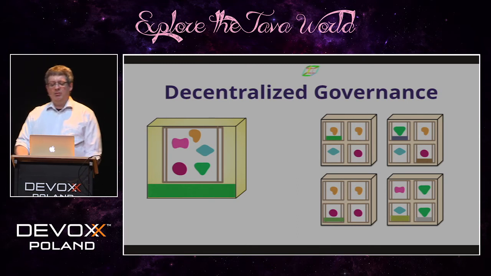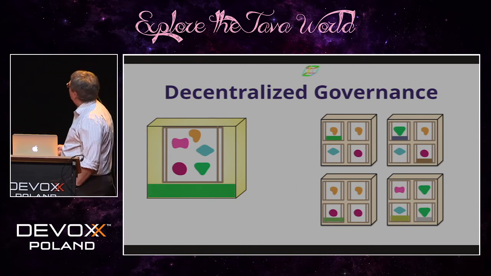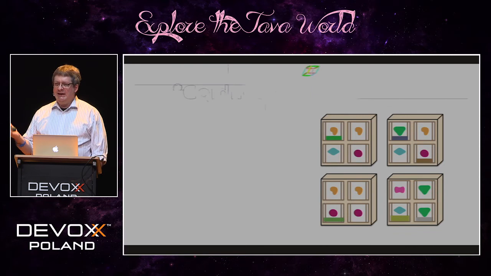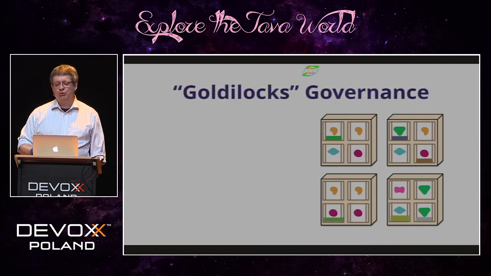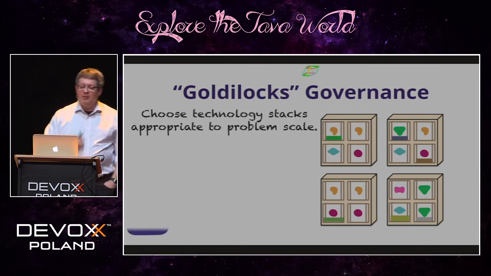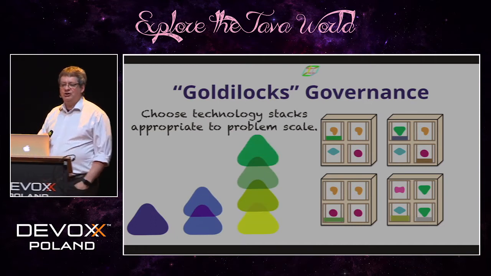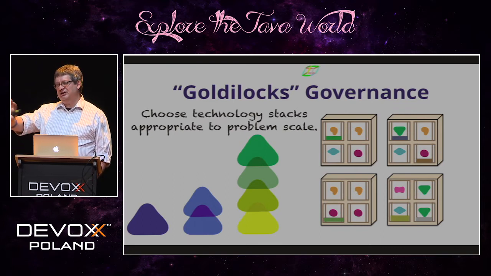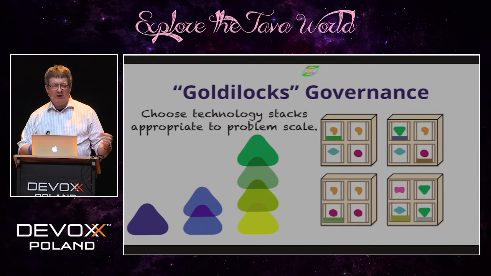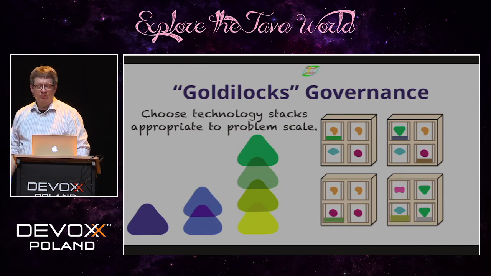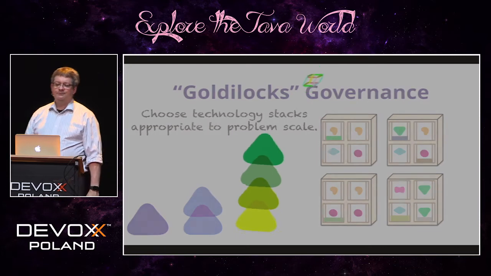But this can become a big problem in large organizations as well, because you don't want every single development team to have their own artisanal development stack. And so what we see in large organizations, particularly around services and microservices, is what we're calling Goldilocks governance, where you pick a standard small stack, a medium stack, and a complex stack, and you still get the ability to move people between projects, but you are still trying to right-size the technology choice for the size problem that you're trying to solve. And so there's a middle ground between homogenizing, fixing on one platform to solve everything versus letting everybody pick their own thing. This is kind of the middle ground between that.